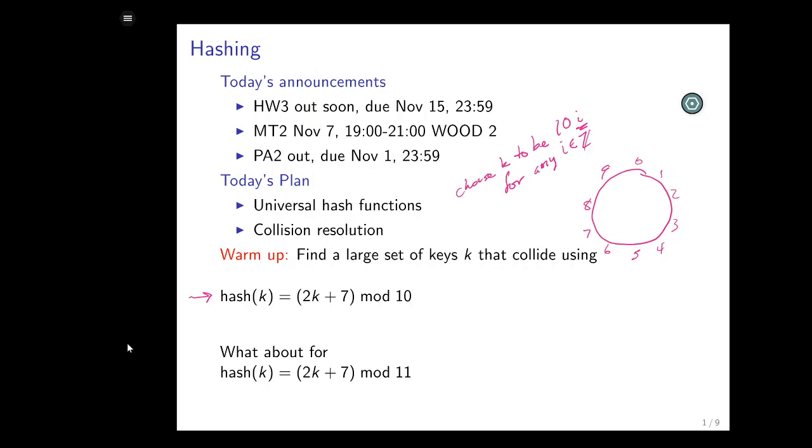And if I start off at k equals 0, for k equals 0, I get 7. And for k equals 1, I get 9. And for k equals 2, I get